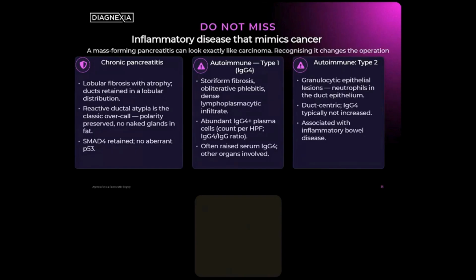Okay, so the very important thing here, and this is where pathologists earn their crust, those who deal with pancreases, is that inflammatory disease can mimic cancer, and this is well recognized. And as I said, a mass-forming pancreatitis can look exactly like a cancer radiologically, especially autoimmune pancreatitis. So if radiologically it's suspected that it is a